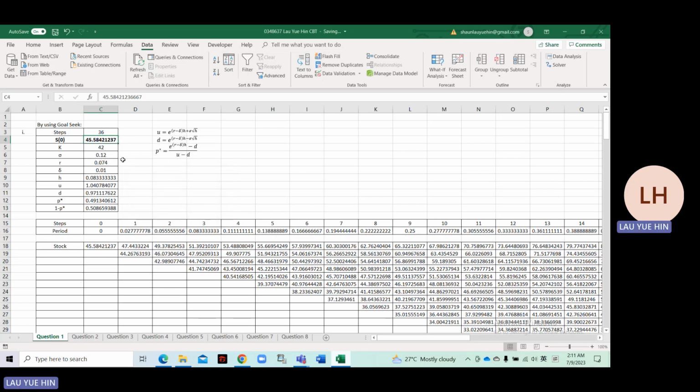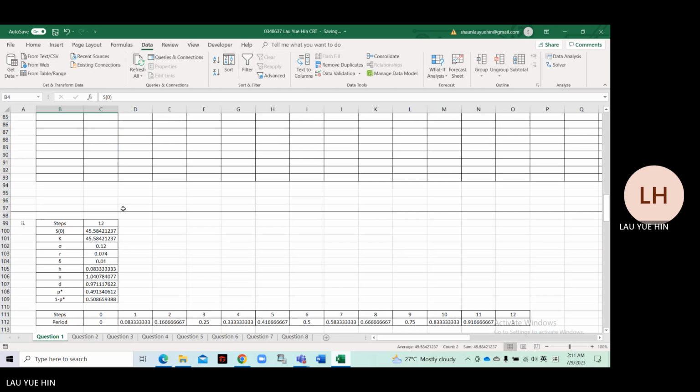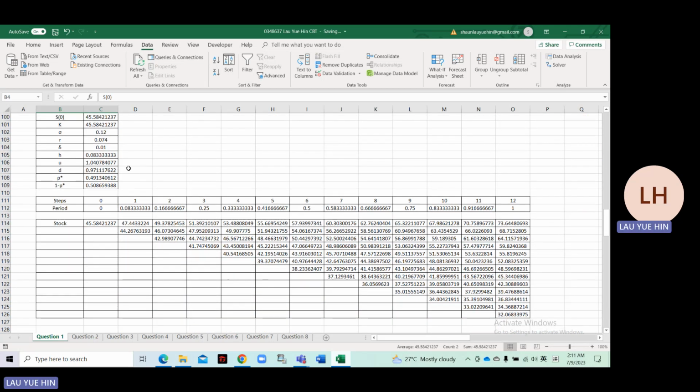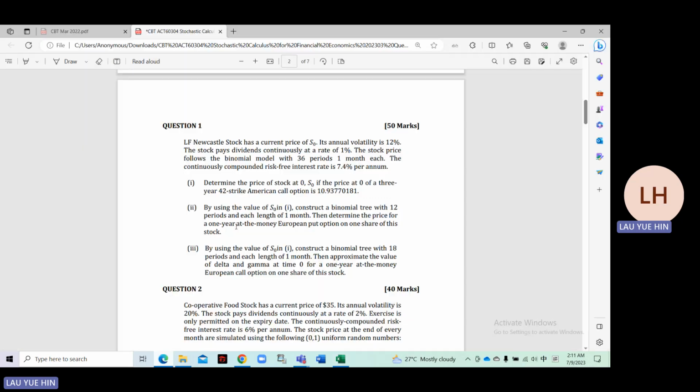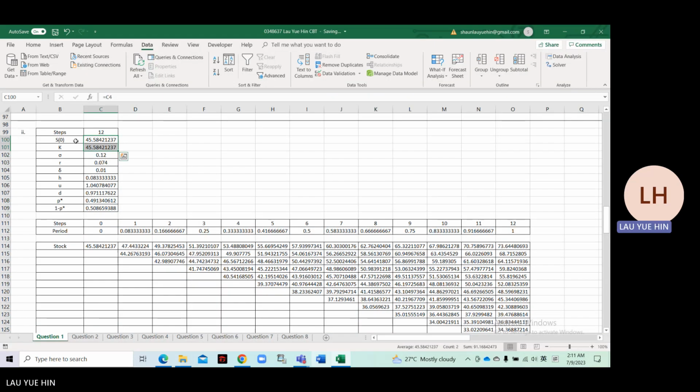So finally, I will get the answer of S0 equals 45.58621237. So this is how I determine the value of S0 in part 1. For part 2, since part 2 says it is a 1 year at-the-money European put option, which means that S0 and